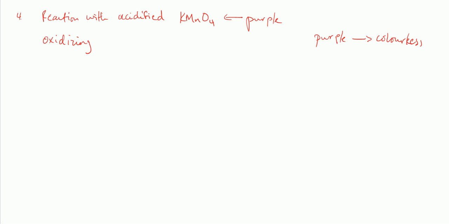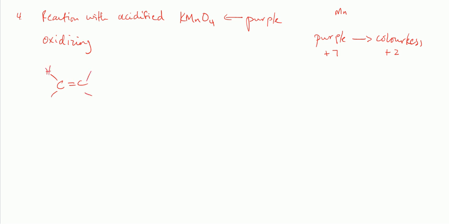Basically the oxidation state, so in the case of the potassium manganate 7, the manganese ion, that is the Mn ion, is going from oxidation state +7 to +2, right? That is a decrease in oxidation number, so therefore the KMnO4 is being reduced, right? So the equation for this reaction is,